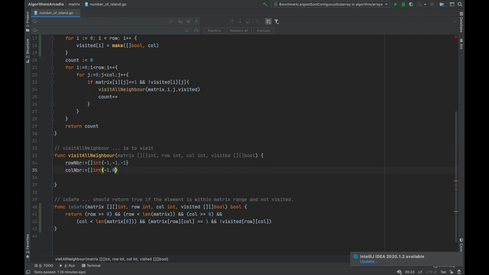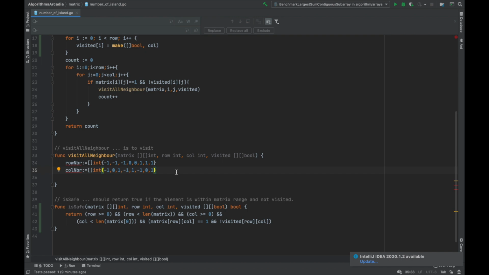This remains the same. Now this is my plus 1, as in 1. Similarly I can do it for all the possible neighbors.